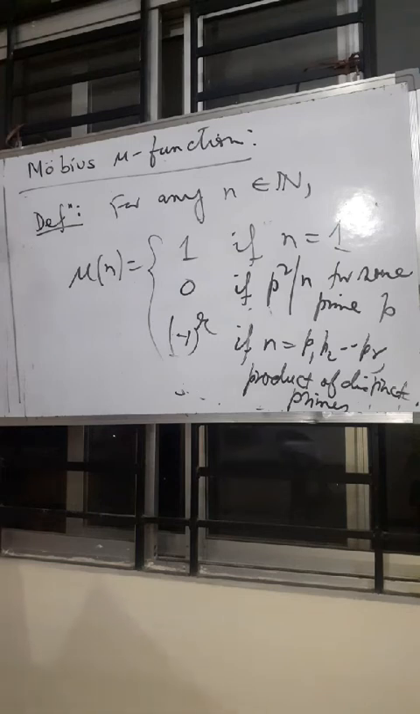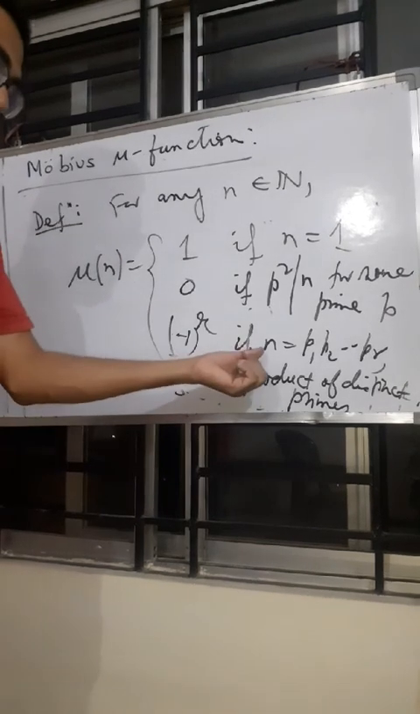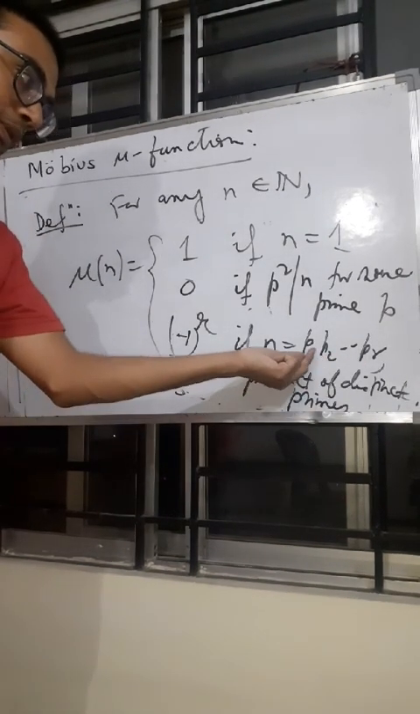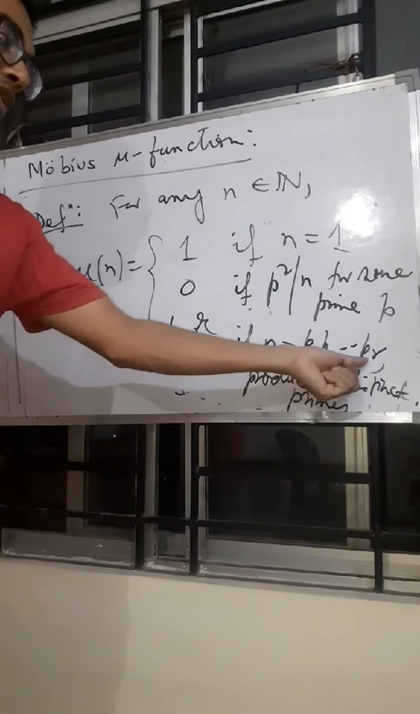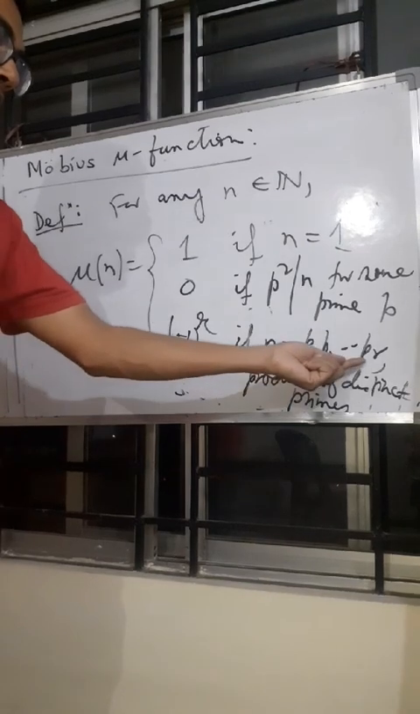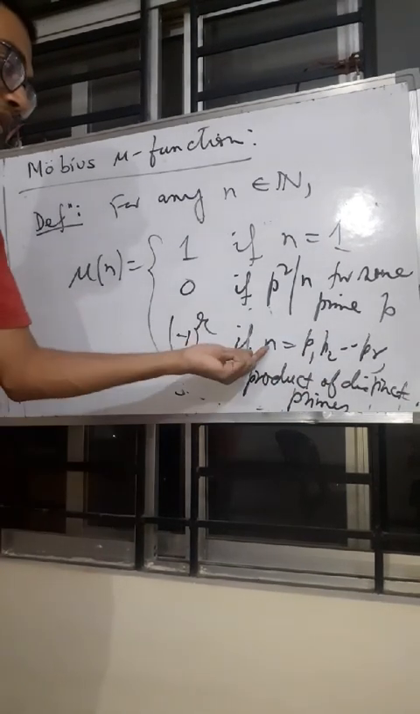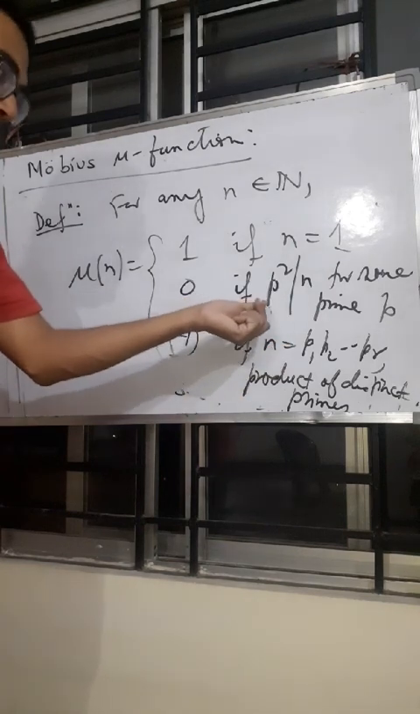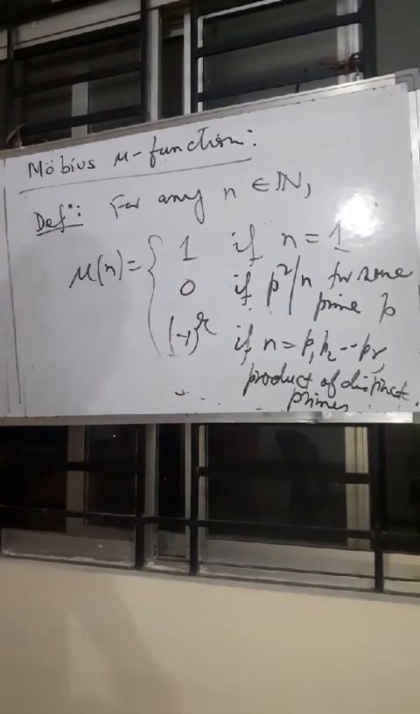Mobius mu function, how is it defined? If n is 1, its value is 1 itself. If n is a product of many distinct primes, you get the prime factorization of n, say all the primes are distinct. How many distinct primes are there? r. Then its value is minus 1 power r. But if in the prime factorization one prime appears more than once, then p square divides n, then this becomes 0. For example,